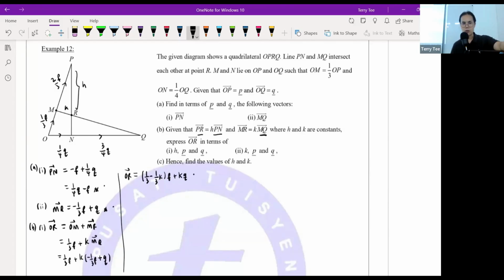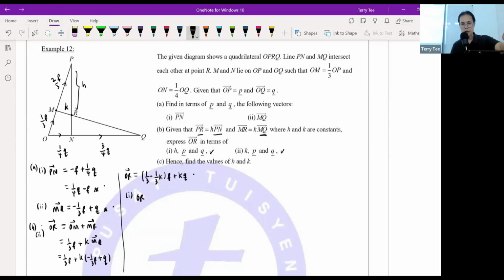Actually, I reversed my order, guys. I got Roman 2 first. It's okay. I'm sorry, I'm supposed to find Roman 1 first. Roman 1 is in terms of h. Roman 2 is in terms of k. When you go O to M, M to R, you're actually finding k first. If you want to find h,